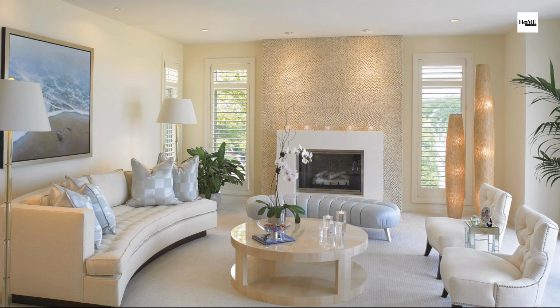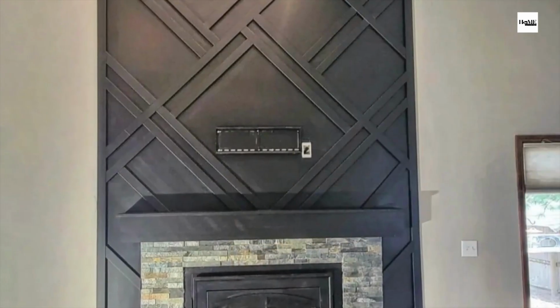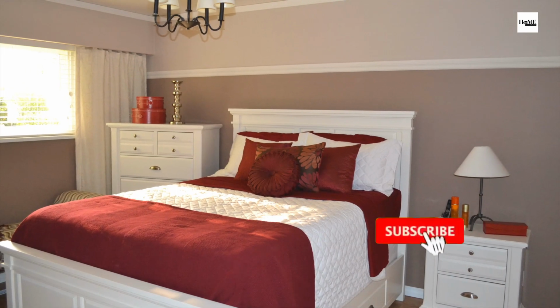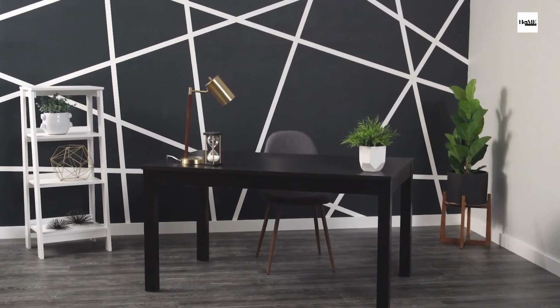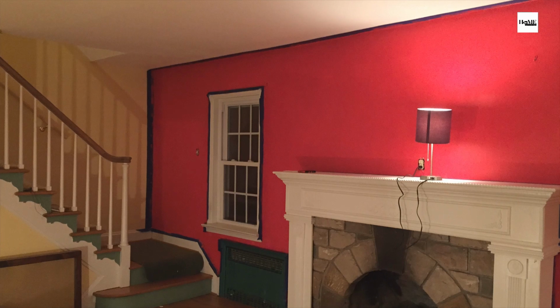Are you tired of staring at blank, uninspired walls? Do you crave a space that reflects your unique style and personality? Then you've come to the right place. Today, we're diving deep into the transformative power of accent walls, revealing 10 jaw-dropping ideas that will revolutionize your interior design. Prepare to be amazed as we unlock the secrets to creating focal points that will elevate your home from